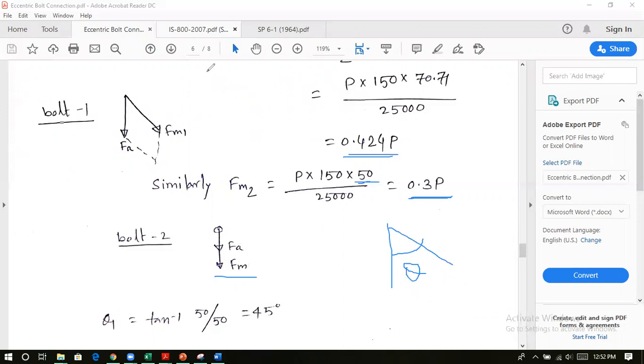But for bolt 1 we have to take the vector sum, and to calculate the vector sum we have to calculate the angle between the direct axial force and the force due to moment,